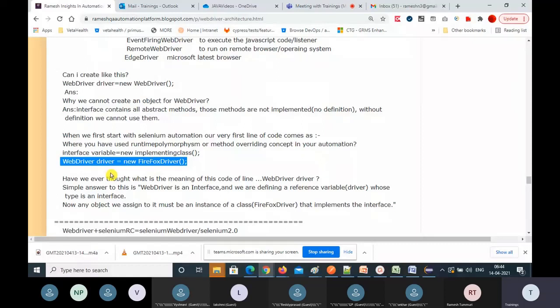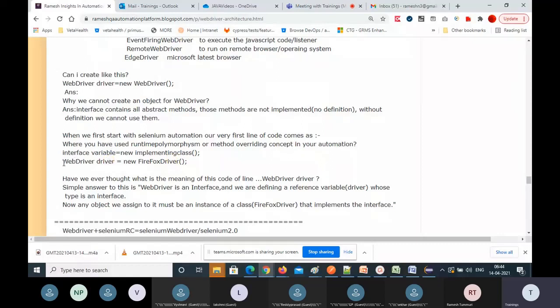So which object you are passing to this WebDriver variable, those methods you can call. So this is the overriding. You are overriding in these classes. The methods are developed differently based on the browser logic. So that object is pointing to driver.